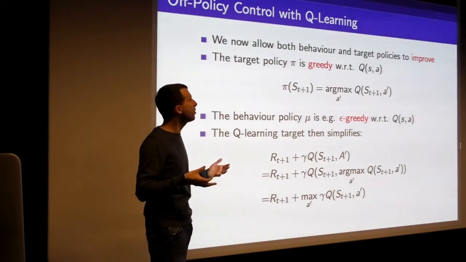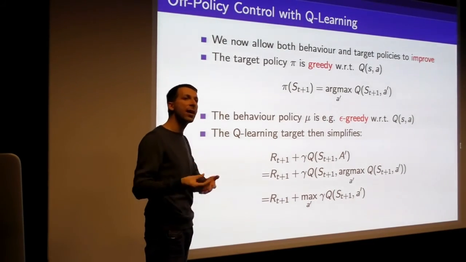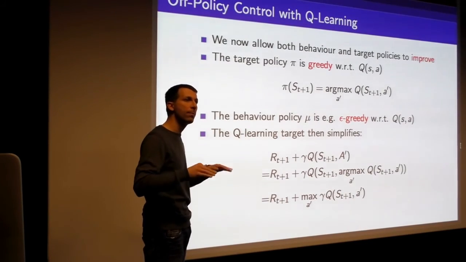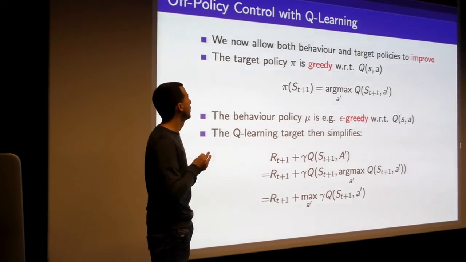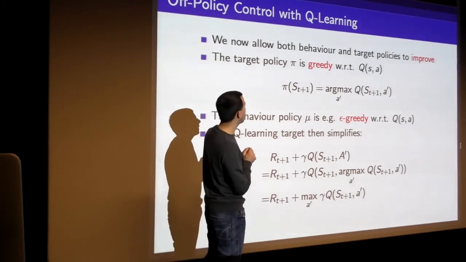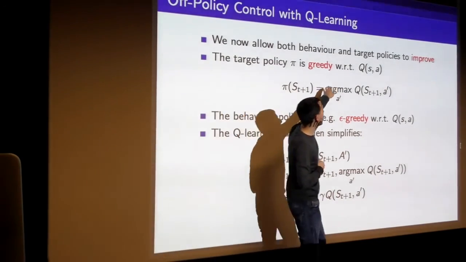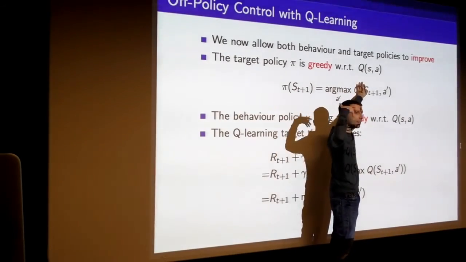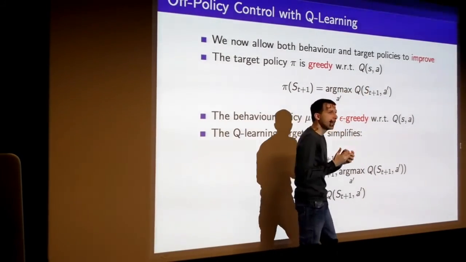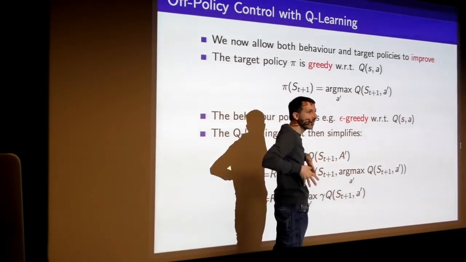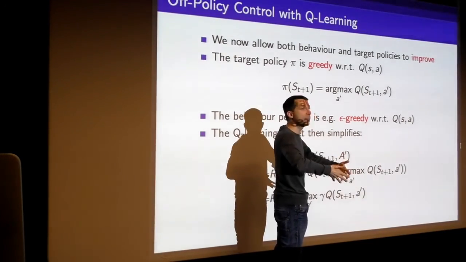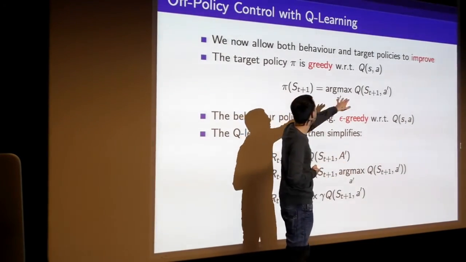And the special thing about Q-learning is that both the behavior and the target policies can improve. We allow improvement steps to both of them. But what we're going to do is, at every step, make the target policy greedy with respect to our value function. So we're going to ask about this deterministic thing, which really acts as aggressively as possible. We're trying to learn aggressively about what we consider to be the best behavior given our Q values.